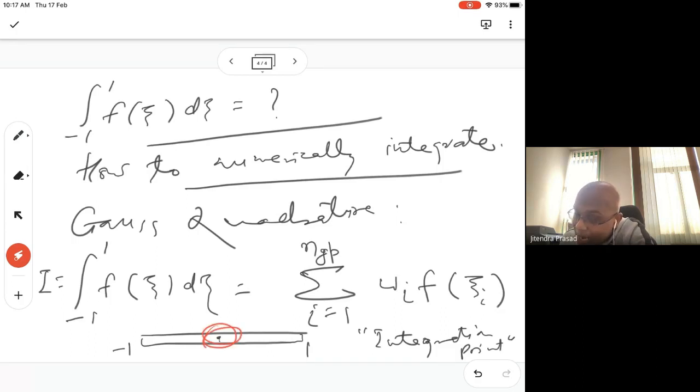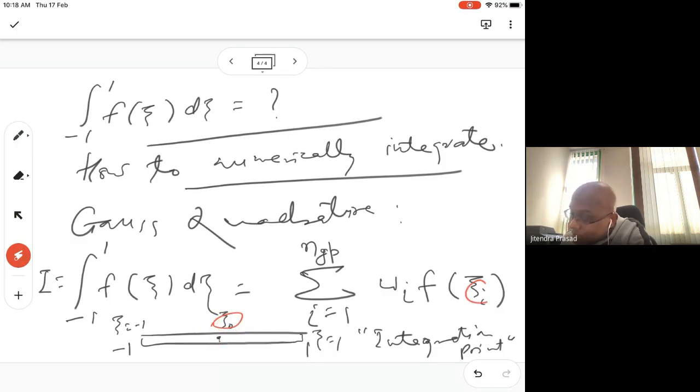We find out xi I. So this is xi equal to -1, here xi equal to 1. This is xi I, meaning that let us say we call it xi 0. Let's call it xi 0. Now what I mean to say is, we have to find out a point